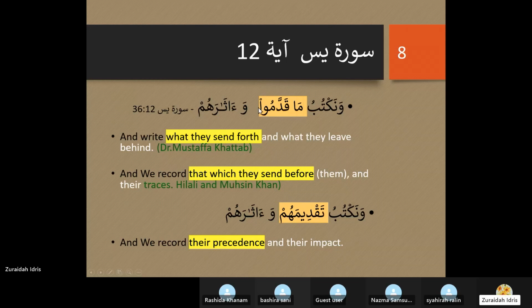If the a'id is there, the maf'ul bihi is there, then we can't do a masdari. How can we do a masdari, because there's a maf'ul? How do we tackle that? But when there is no a'id, it's just like your jawazan wujuban thing. You can't have an outside doer if it's not hiya or huwa, because you can see the doer. Then you can put the outside doer. But you already have a doer inside your fi'il, right?